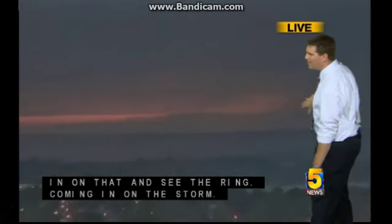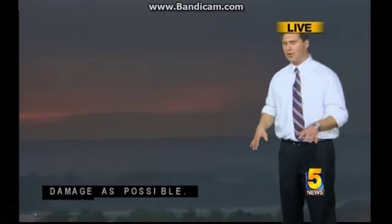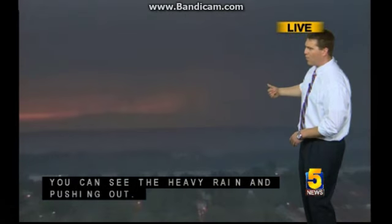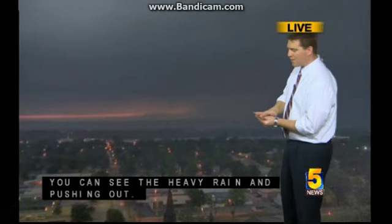And you can see the heavy rain bands pushing out of the storm as the storm literally pushes that cold, dense air down to the ground. Now, if you don't mind, Tyler, zoom out and we'll zoom east. And then I want to go back to radar, but we want to see if we can still see the wall cloud that's moving in this area. National Weather Service is now